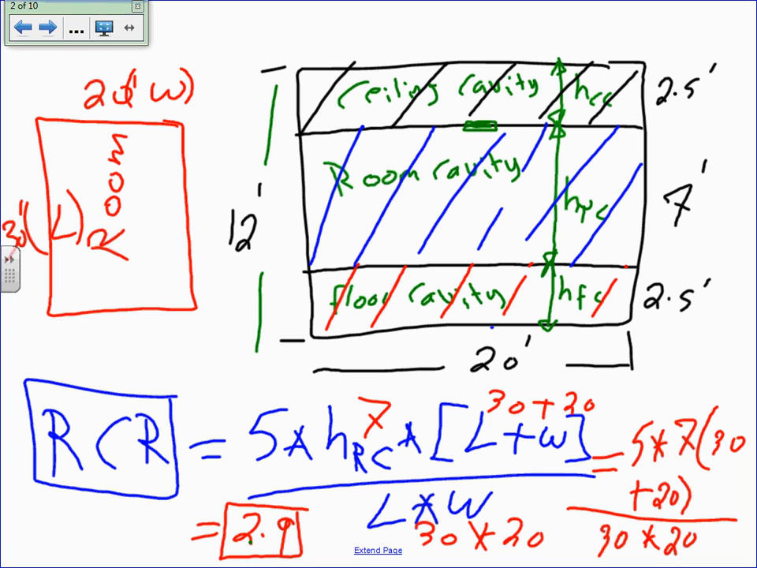So multiply this one 7. It doesn't take rocket scientists to take the 5 multiplied by 7, then add the 30 to the 20 and multiply it by the answer, and then divide it by 30 times 20. If you guys do the math, you should end up with 2.9. Any question how to calculate the room cavity ratio? The only thing that's going to change,